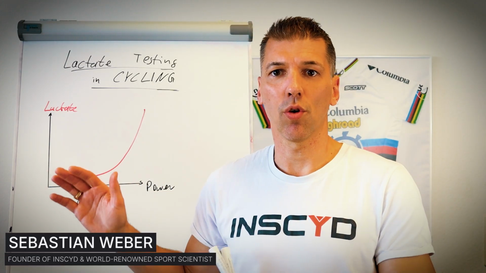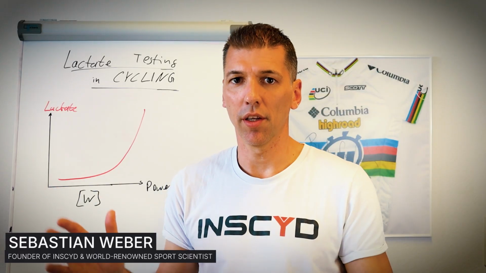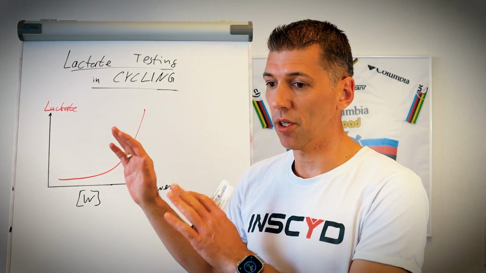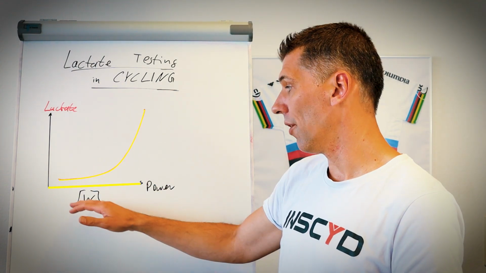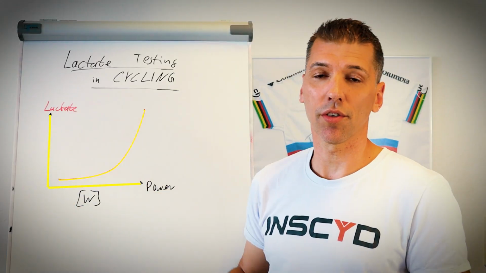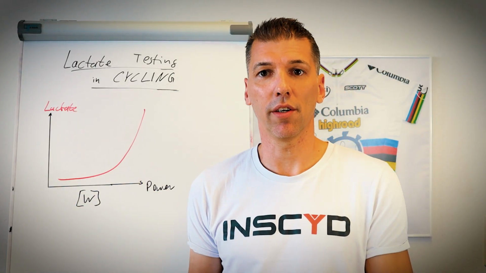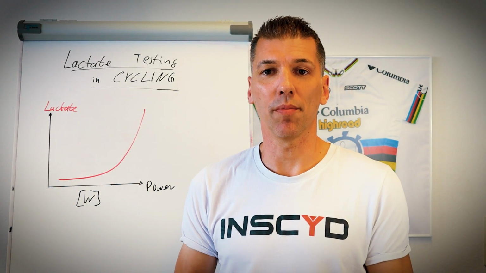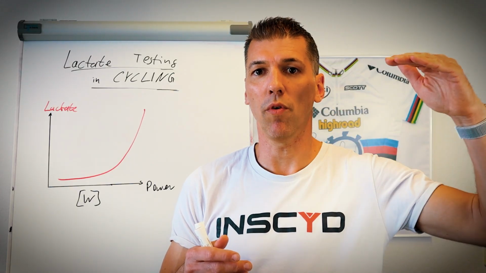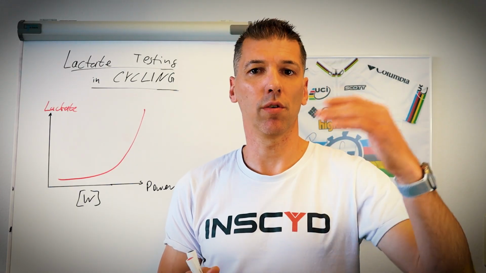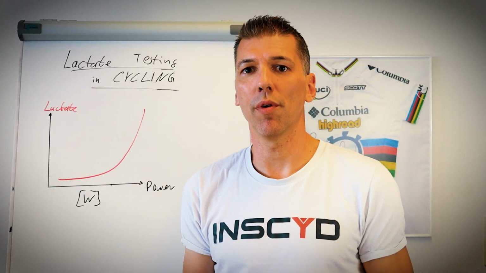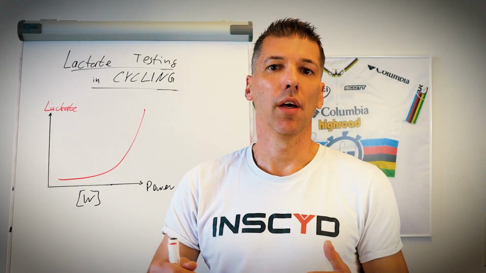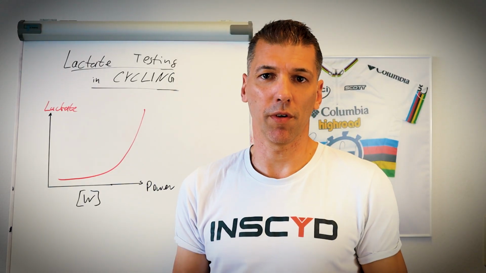So let us first look at what is normally done, still, going back to the late 70s, early 80s of the last century: doing some kind of lactate profile curve, where you plot the power output, in the case of cycling, on the x-axis and the measured lactate concentration on the y-axis. How is this data normally derived? A typical incremental test where the load increases in a stepwise manner, starting from 100 watts or 120 watts or whatever, and increases every 3, 4, 5, nowadays sometimes 8 minutes by 20 watts, 40 watts, 50 watts, depending on